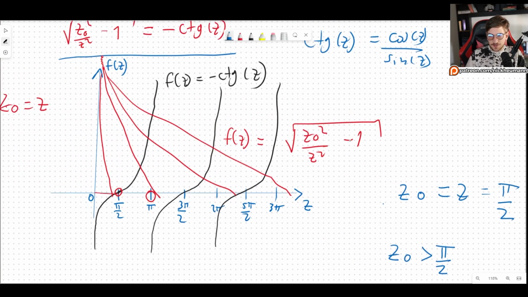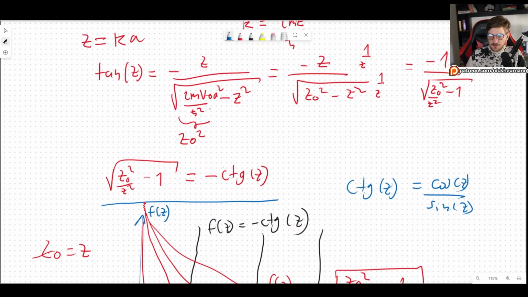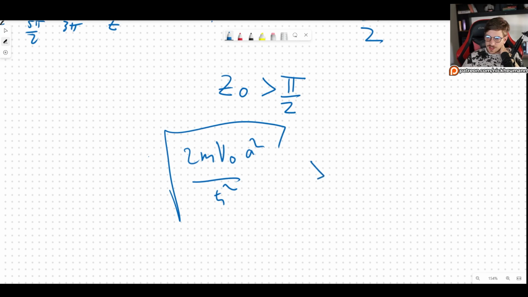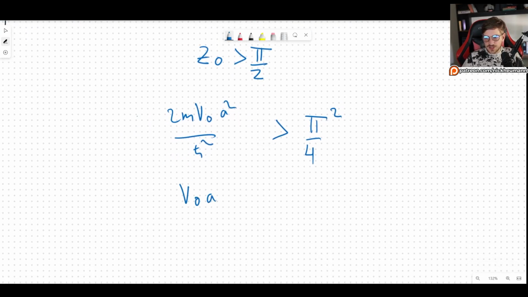However, what is z0? z0, as we defined here, is 2mv0a squared over h bar squared. So just plugging in what z0 is, we have that the square root of 2m v0 a squared over h bar squared has to be greater than pi over 2. So maybe let's just square all of this, and we get pi squared over 4. Okay, and from this, we can see that v0 a squared, which is of course what you can control in this problem, in principle, you can say what is the radius of the spherical well and what is the strength of the spherical well, has to be greater or equal to